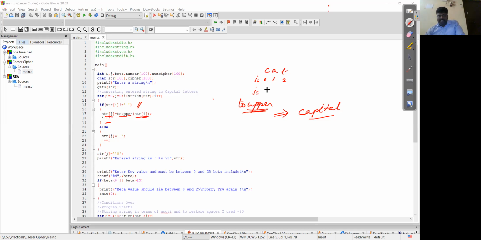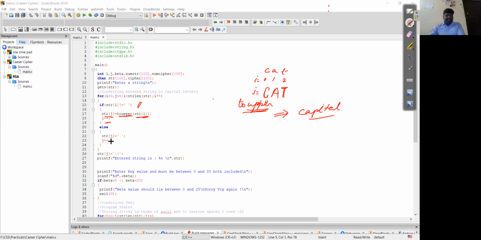So the small c is converted and stored in the j0 position, j equal to 0. Then A, where i is equal to 1 and j is 1, is converted into capital A. Again, the T has to be converted into capital T.